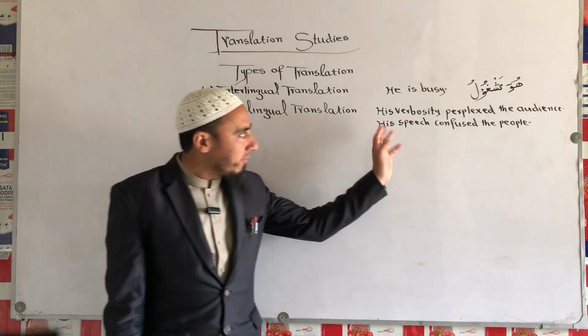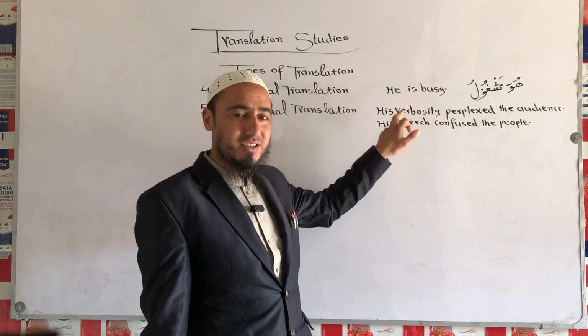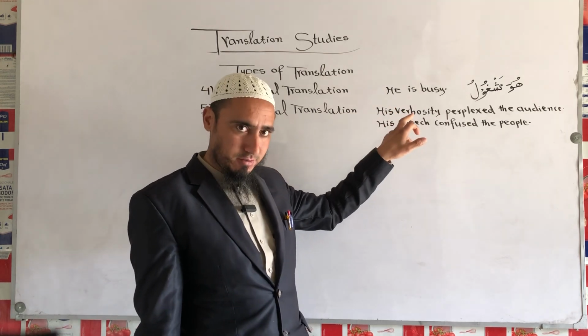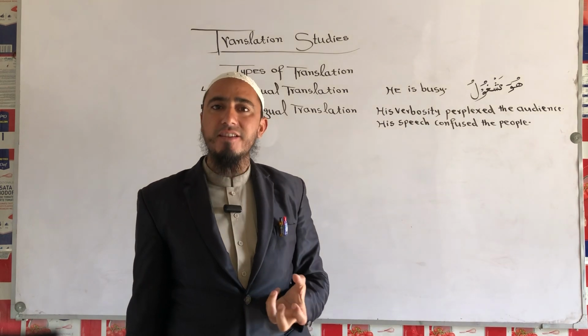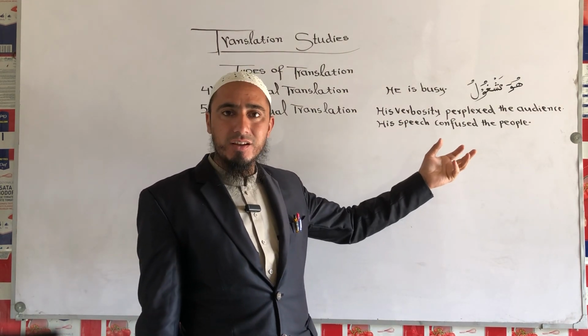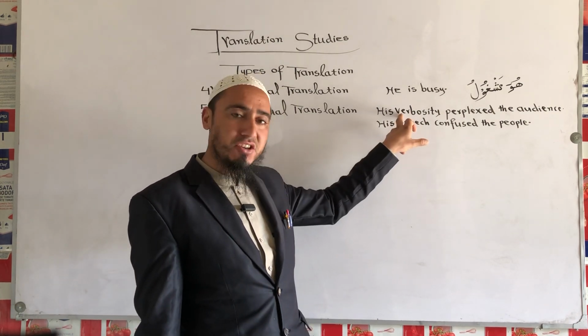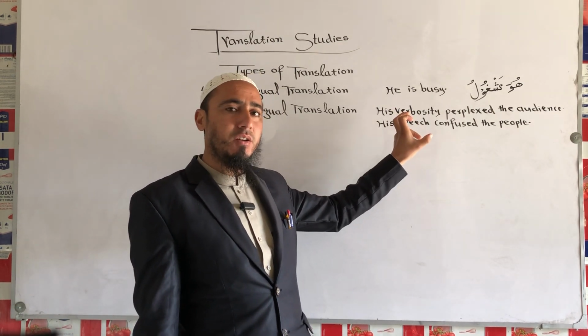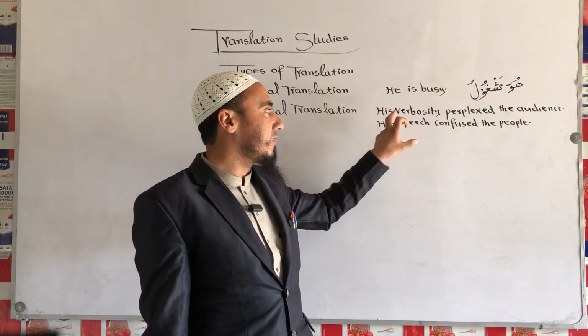Let's take an example. For example, here you see the sentence, this is complex English. Maybe each and every person does not understand this. So I need to rephrase this, to reword it, or to interpret this. So the interpretation, the explanation, or the simplified form of this sentence would be